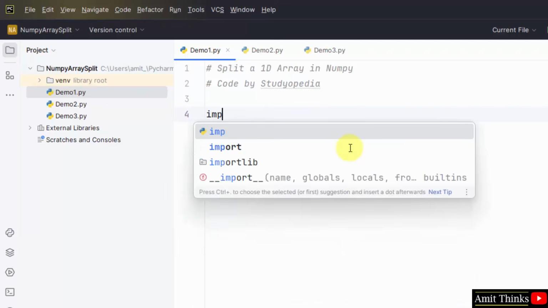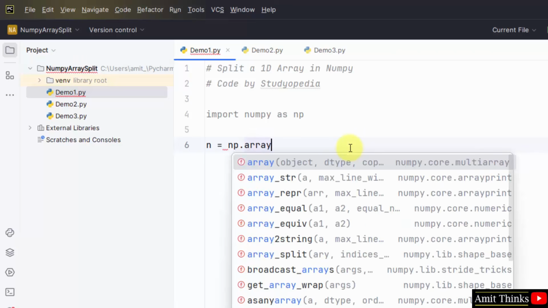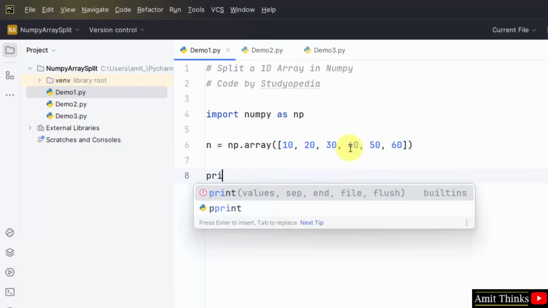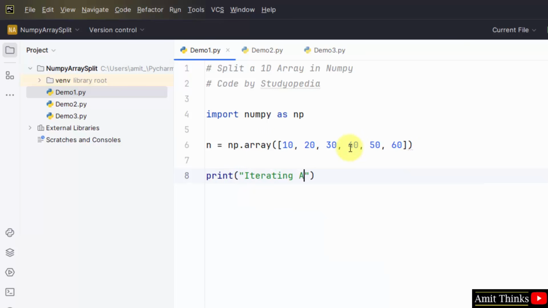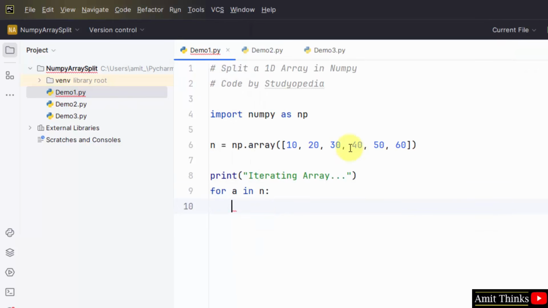For that, we will first import NumPy. Import NumPy as NP. NP is an alias. So let us create a 1D array n using NumPy, that is np.array, and within that create your 1D array, add elements for your array. Let's say I added the following elements, 6 elements. Now we will print the array. For a in n, that is for in loop, print a,